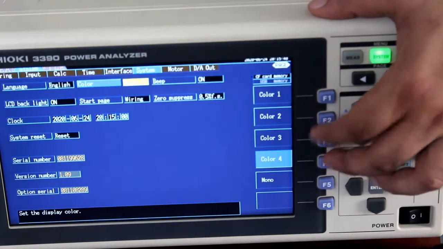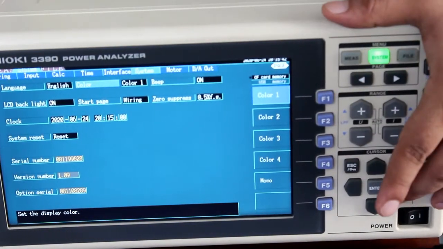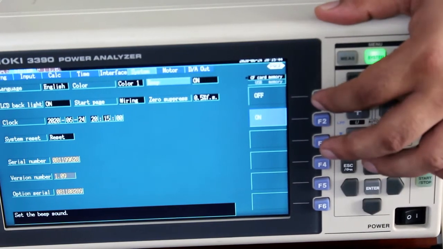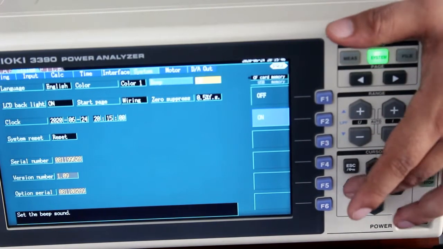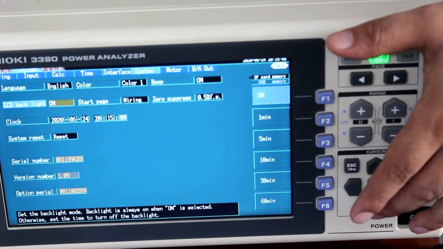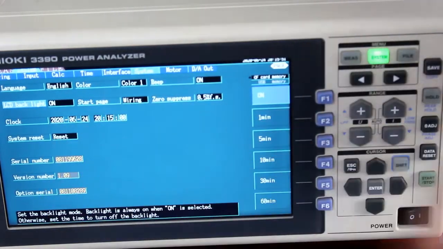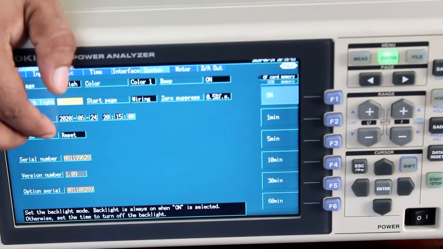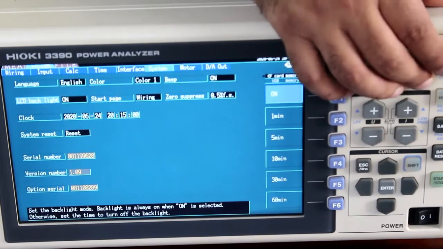There are 4 color schemes here. Whether you want the beep sound or not can be defined here. The date and time can be set here, and all those things. The system reset can also be done here. So these things can be set here.